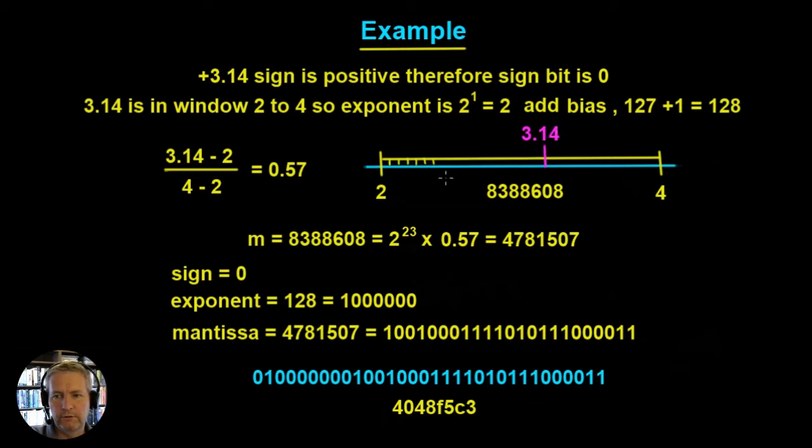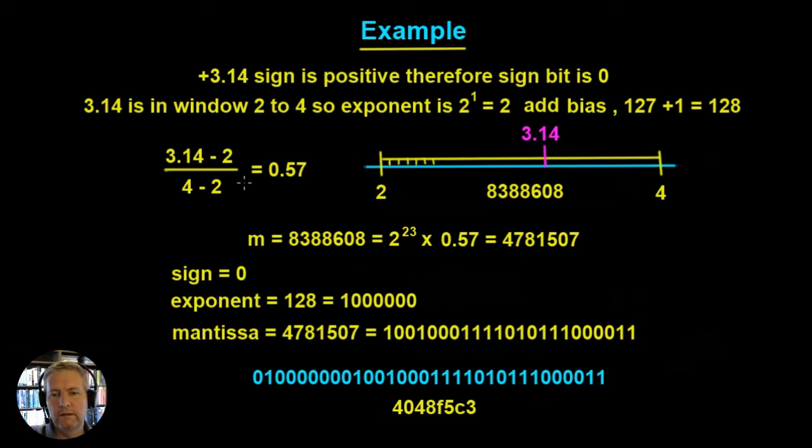Well, that's quite straightforward. If we take from 2 to 3.14, well, that's just going to give us a value of 1.14. So from here to here it's 1.14. So that's this value here, 3.14 minus 2. And that is a fraction of this distance here from 4 to 2. So that's a fraction of 2. So we just divide out by 4 minus 2 and we get our value of 0.57. So that's quite straightforward. We're only looking at how far along we come from 2 to 4 as a fraction,